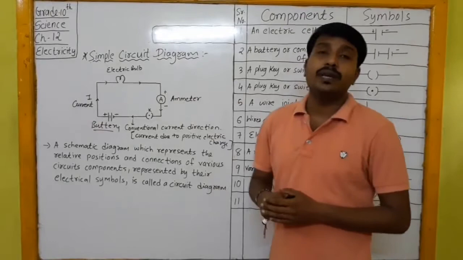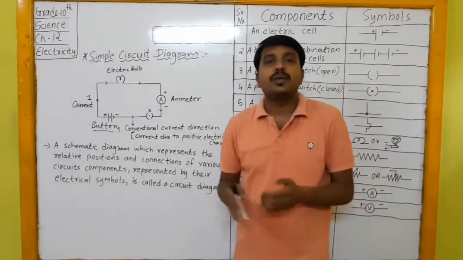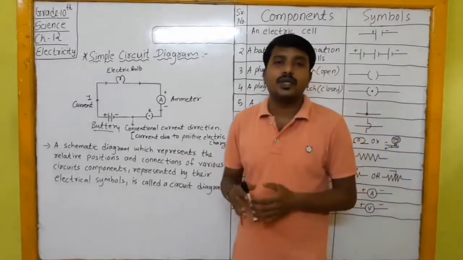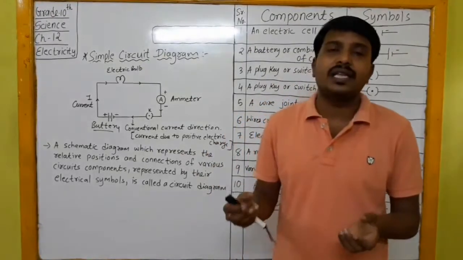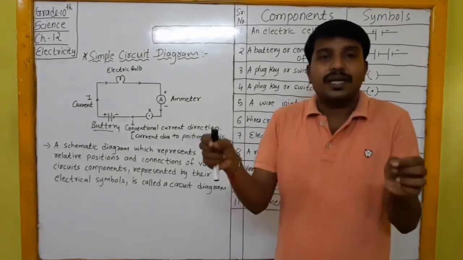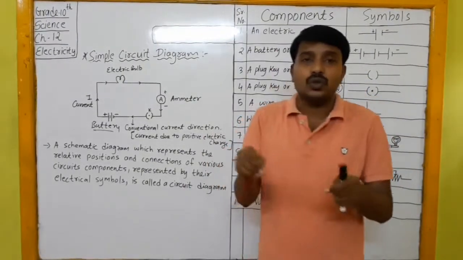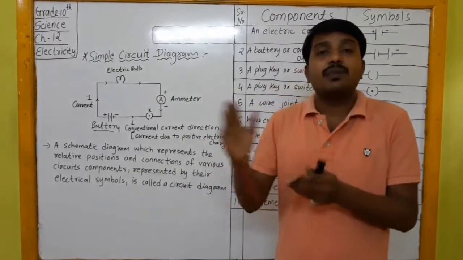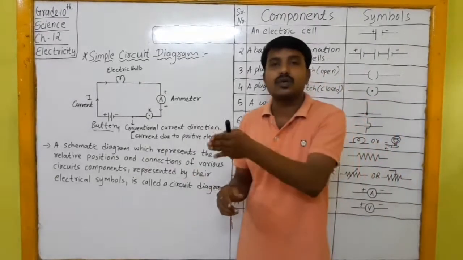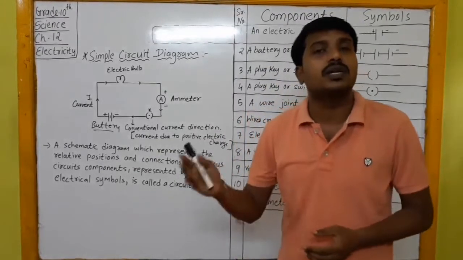So what do you mean by that simple circuit diagram? A simple circuit diagram is the symbolic representation of the circuit you have made. Whatever circuit you have made by using various wires and electric appliances, the systematic or simplest diagram which shows the equipment you have used, drawn by their symbolic representation, is known as a circuit diagram. So in short, you can say the symbolic representation of the circuit is known as a circuit diagram.